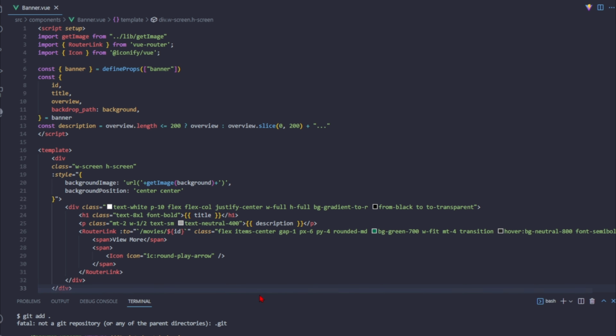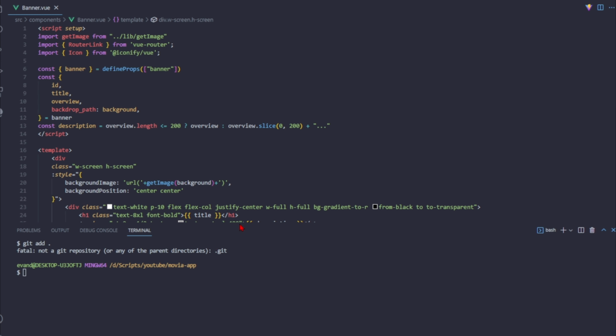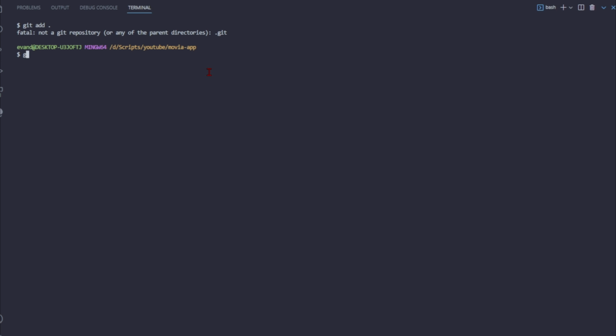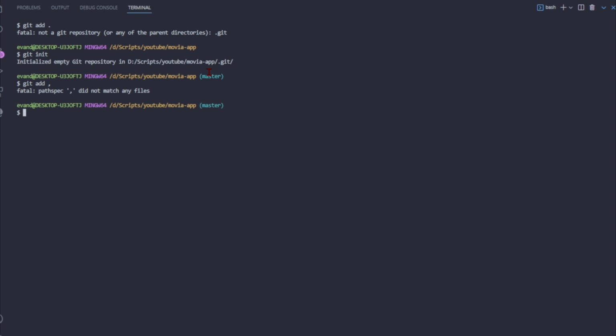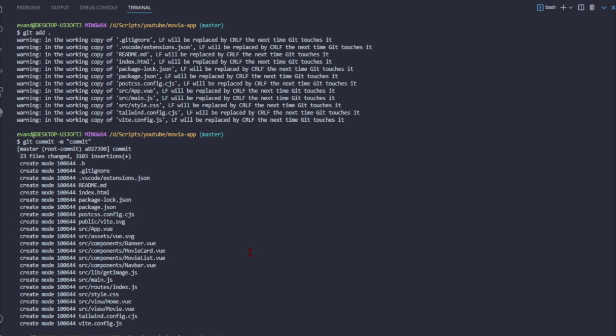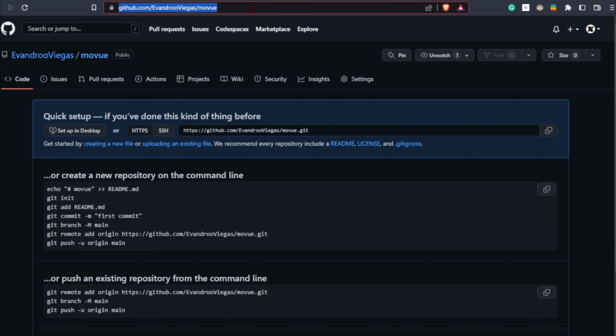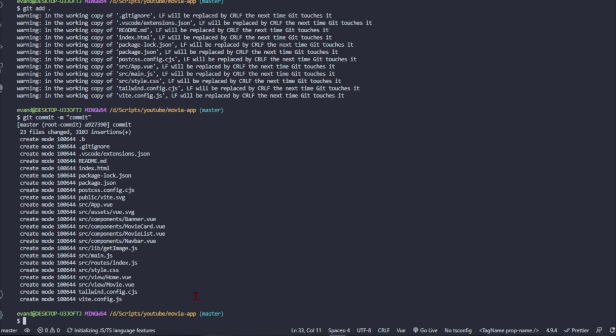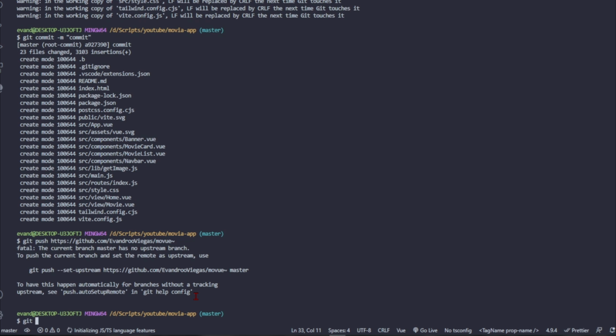And to add everything, we have to initialize Git. Let me just open all the way. So we're going to init Git and then add everything that we got in our code. And then we're going to commit, and you have to add a message and say commit. And now we have the code committed. And now we have to copy this URL right here, and then we have to push it to this repository. So git push like this,